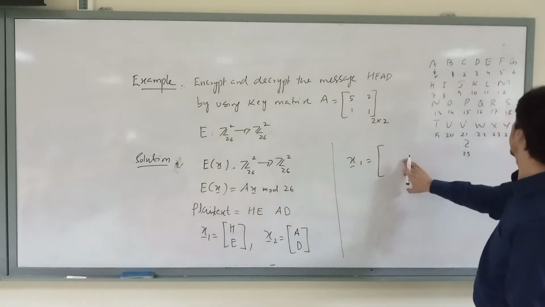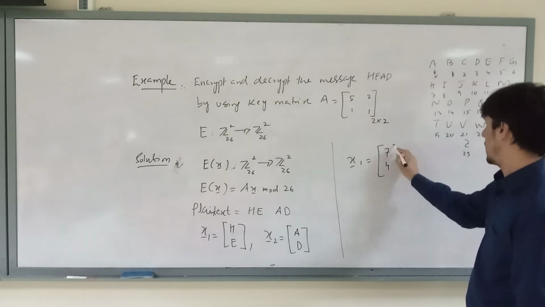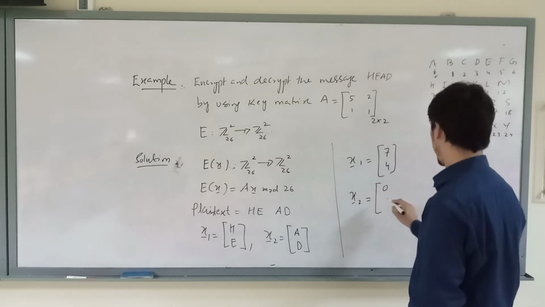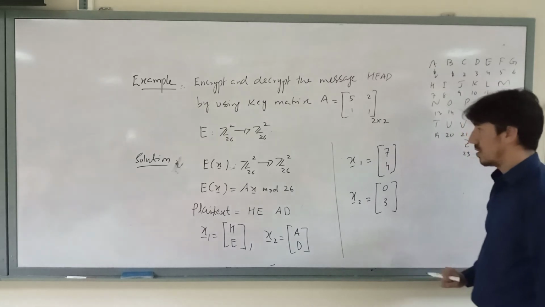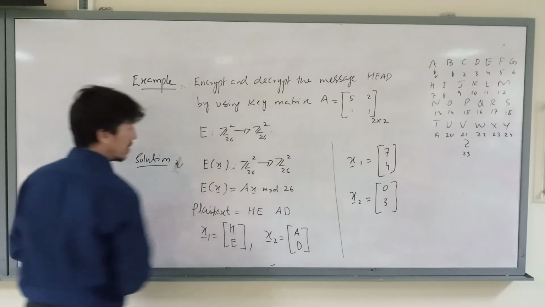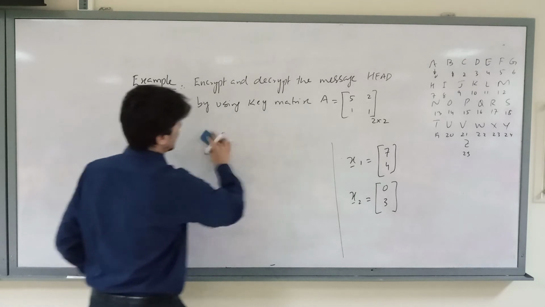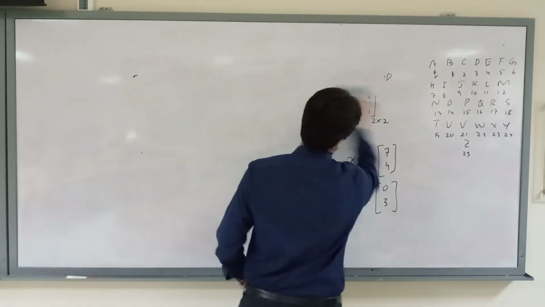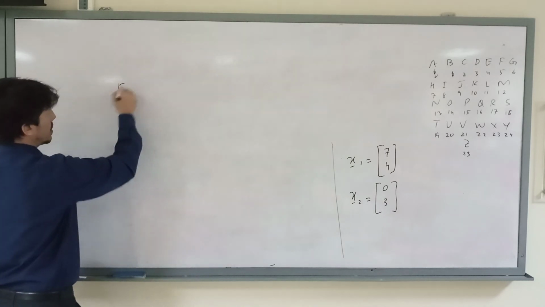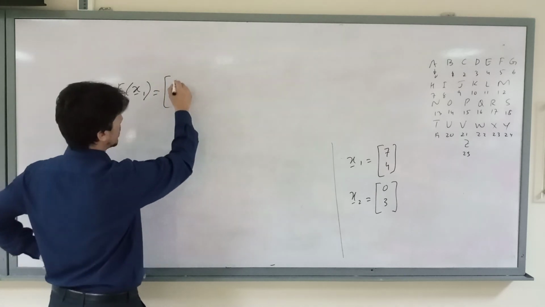So H is mapped on 7 and E is mapped on 4. Then x2: A is mapped on 0 and D is mapped on 3. So I have to use this A into X, which is the encryption of the first tuple, and that is